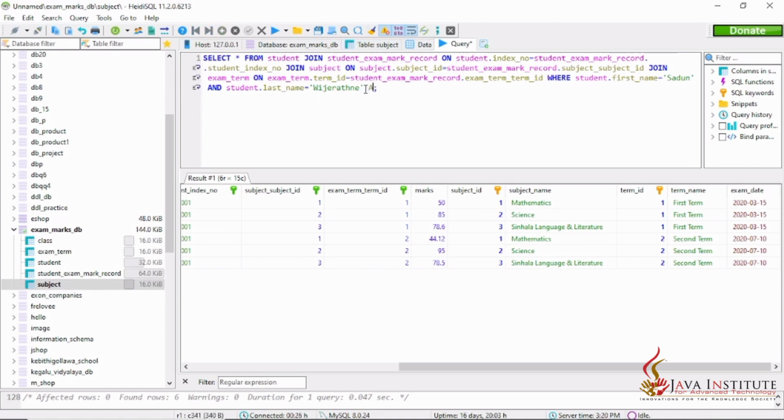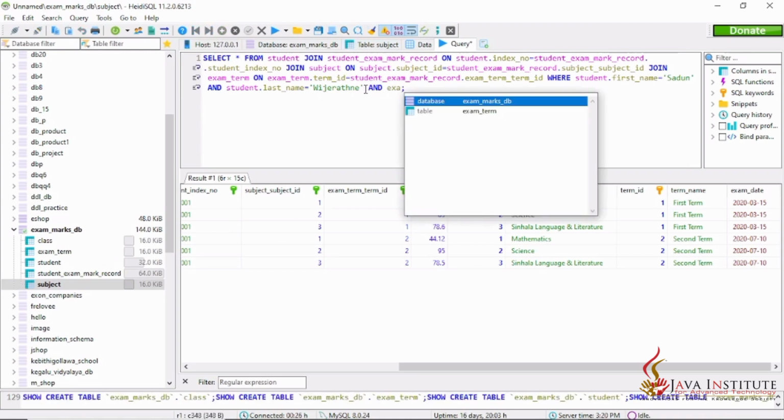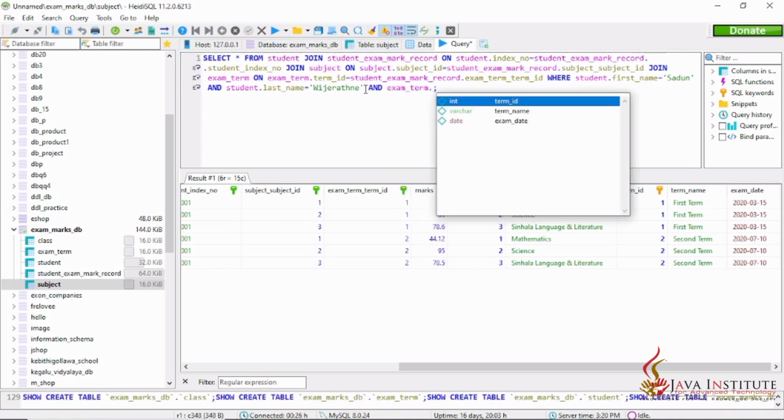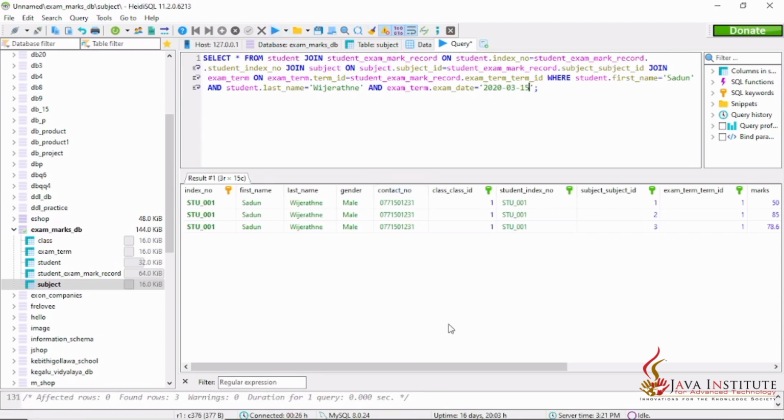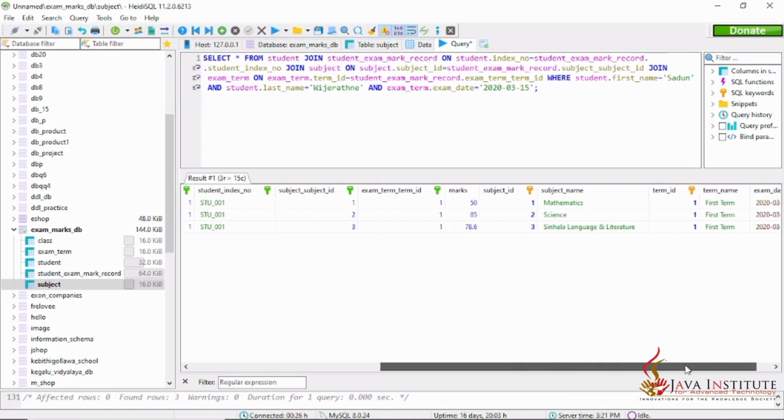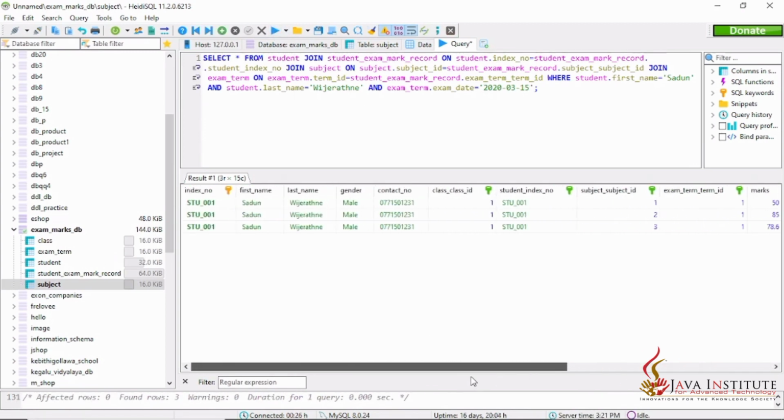So I'm going to write the next condition, and exam term. The exam date should be equal to this exam date. So I'm going to execute this query again. So we can see only these three rows are relevant to this query that we have written here. So again